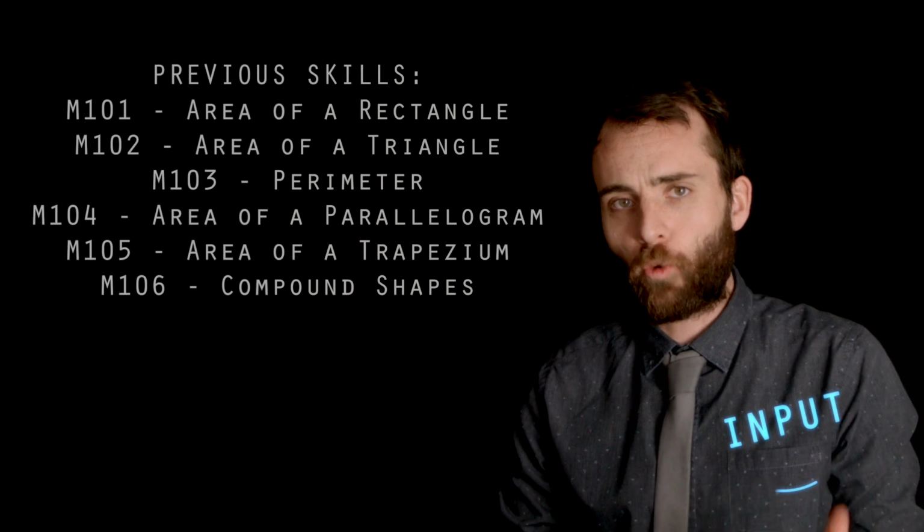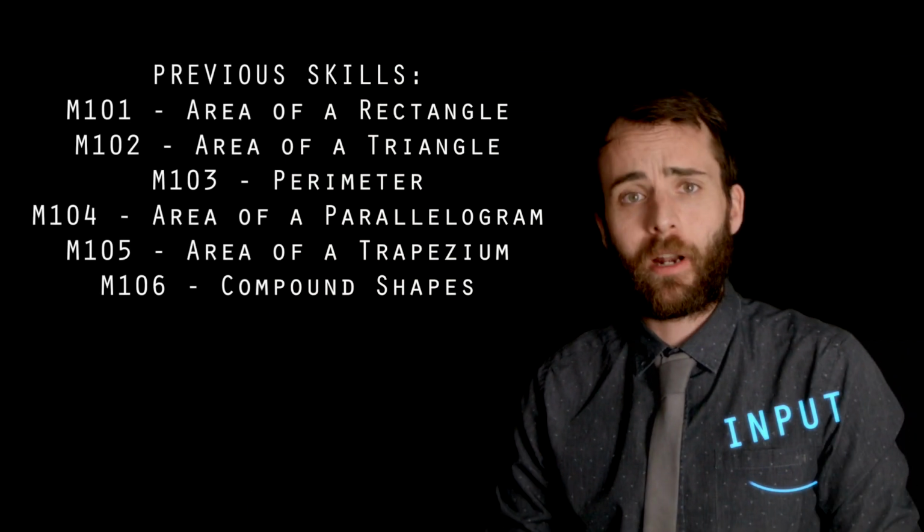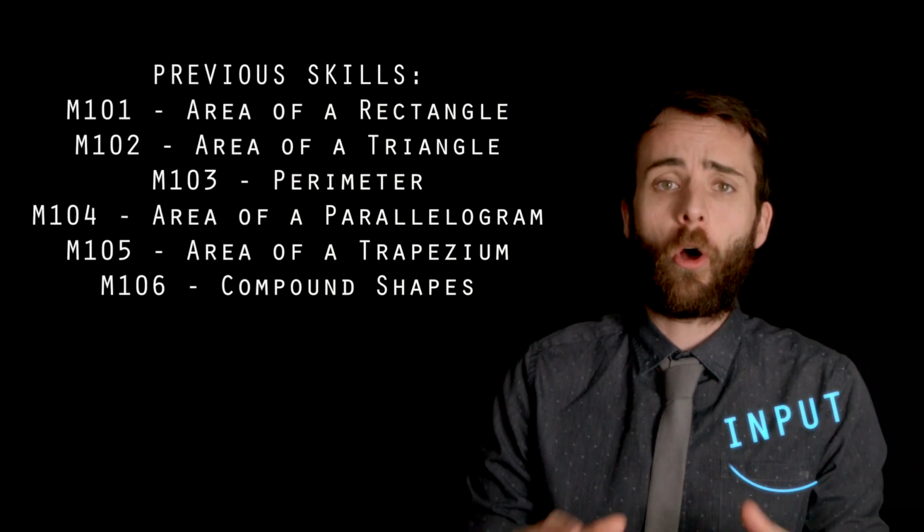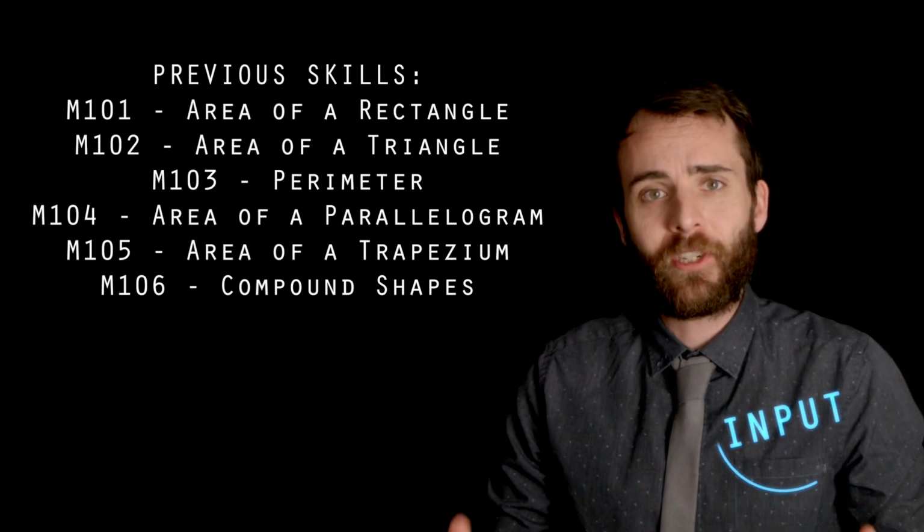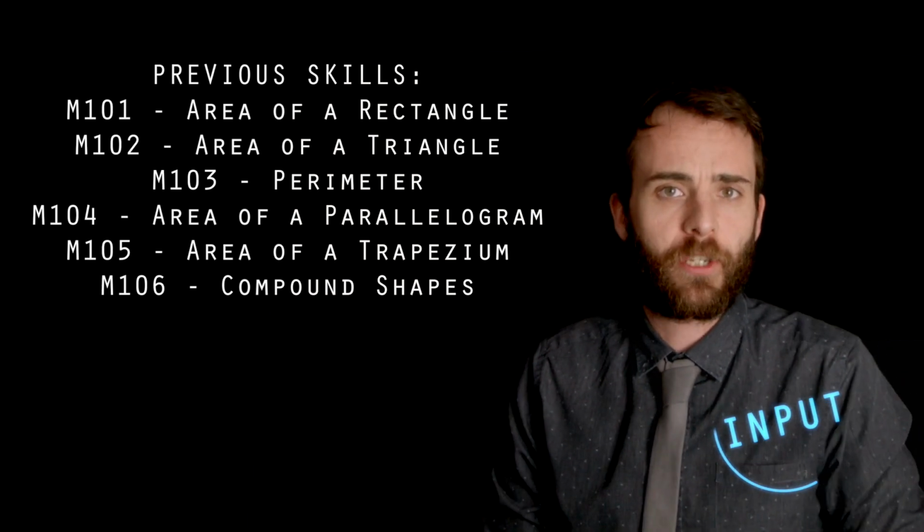Now you have covered the area and perimeter of squares, rectangles, triangles, parallelograms, trapeziums and simple compound shapes, it is time to see what skills you can pull together. As is the way in maths, you aren't always going to be told what you need to do. You have to prove your big brain by pulling together all the skills you have in your arsenal and applying